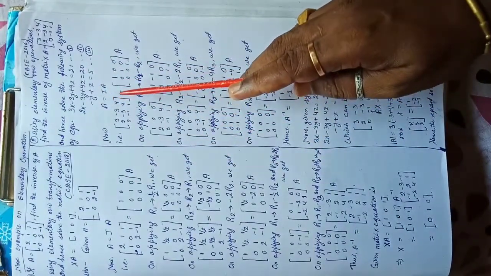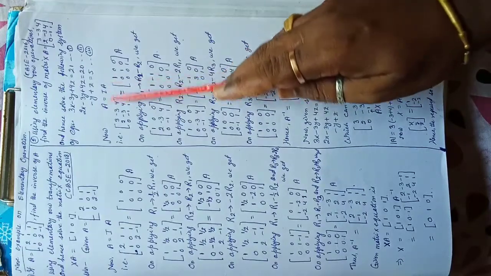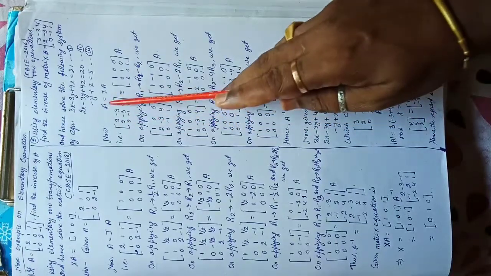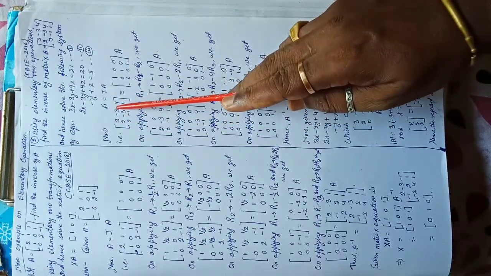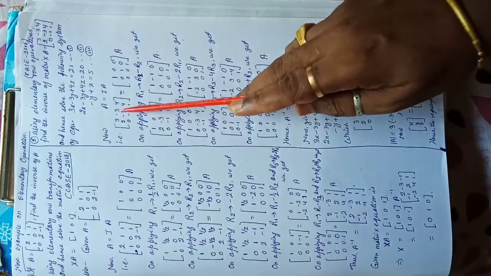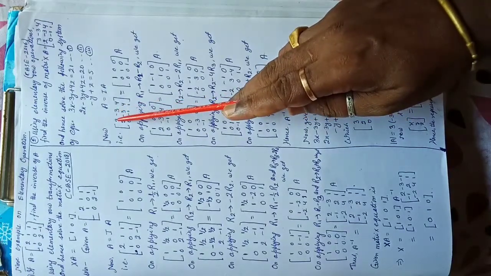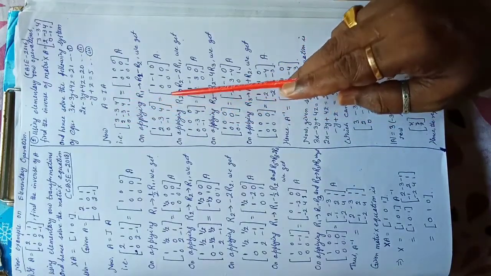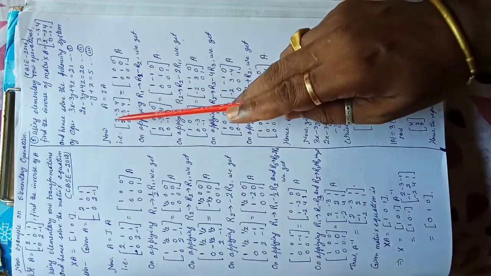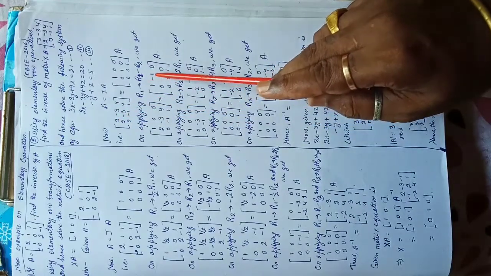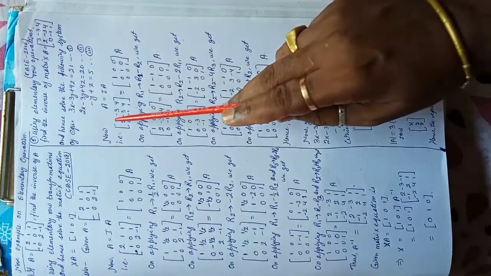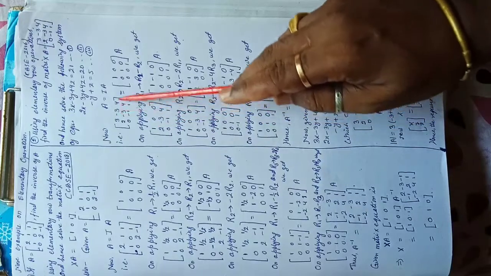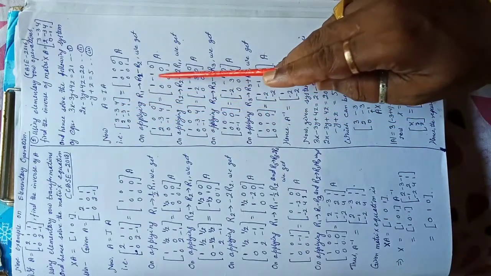Since row operations should be applied, again we have taken this equation and put in the values. Now on this side we try to convert its elements into elements of the unit matrix. First we need 1 here, that's why R1 minus R2. 3 minus 2 gives 1. In the same way the same operation is applied on this side.